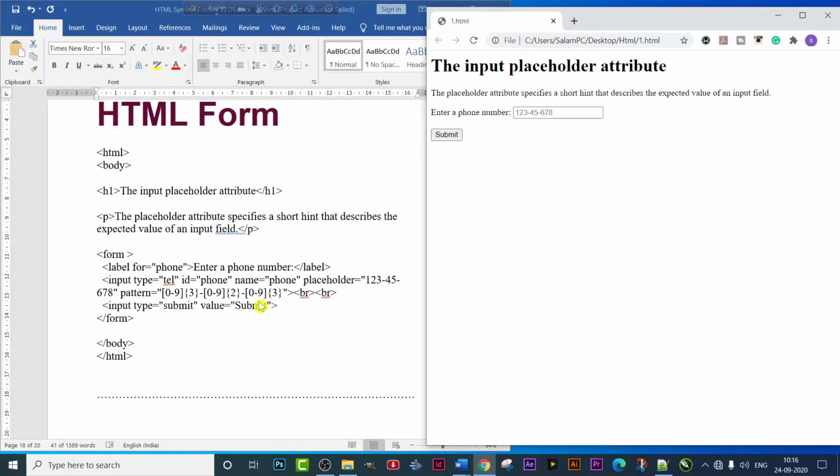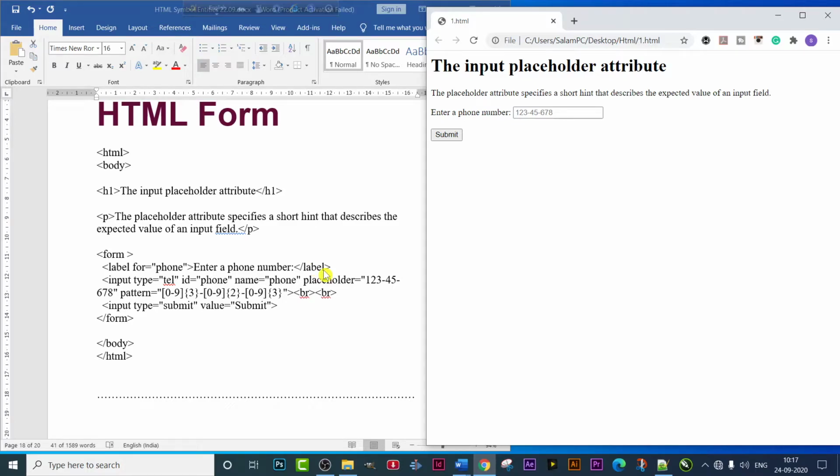This is the entire pattern, as you can see. You have to write this pattern to make this same program, or else it will not be the same, as the program will not run like this. And we have used a br tag for the line break, as you can see the space between the lines. Lastly we have used an input tag for making the submit. Then we have closed the form tag. So this is how we made a placeholder attribute.